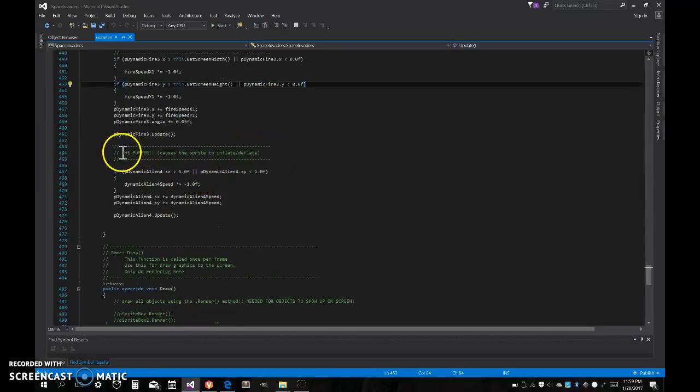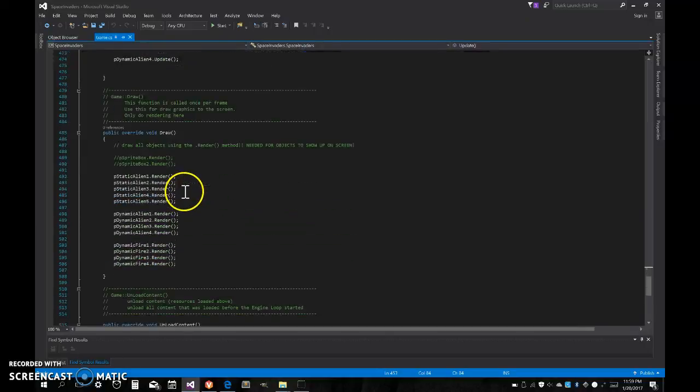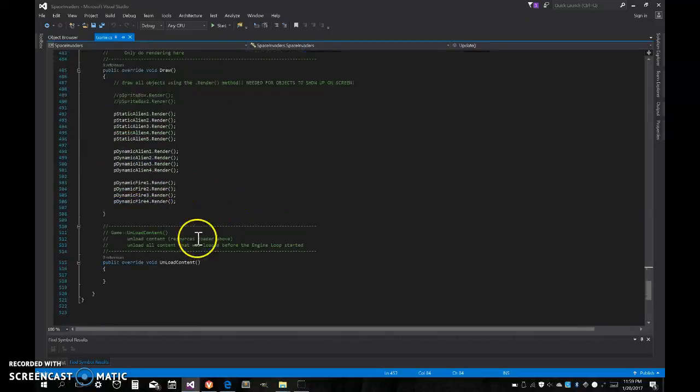The puffer was originally used with the white Angry Bird, where it blew up the Angry Bird and then it deflated and then inflated back and forth. You'll see that is one of my alien sprites coming up. Down here, I rendered all the aliens, and that's it. So, once you run it,